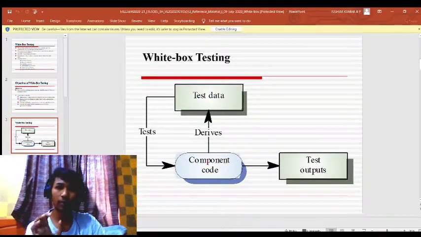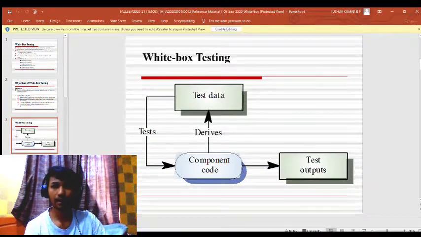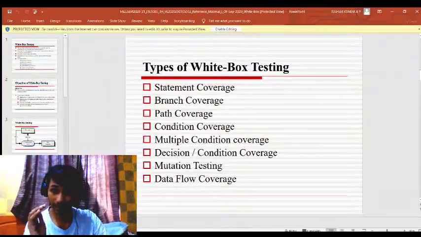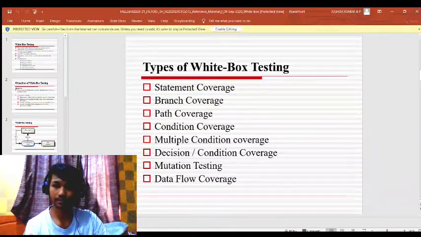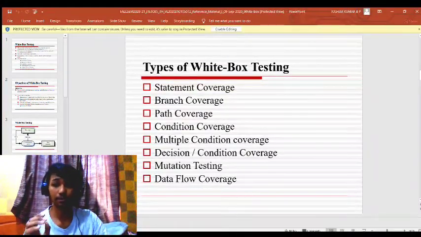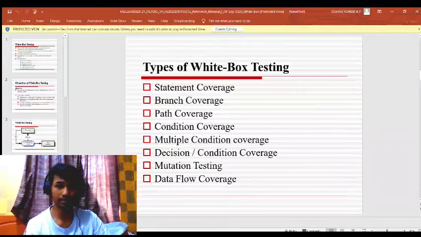This is how white box testing works. And moving on, these are the types of white box testing that you can use: statement coverage, branch coverage, path coverage, condition coverage, multiple condition coverage, decision coverage, mutation testing, and data flow coverage. But for now we'll be focusing only on statement coverage and branch coverage.